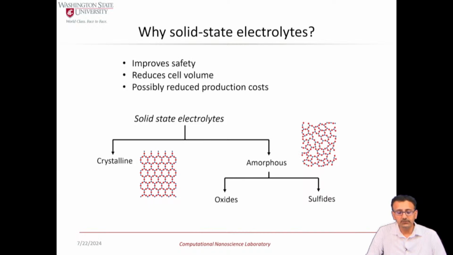So there are two types of solid state electrolytes in general, obviously. One is crystalline, examples of which are LLZO, which is lithium lanthanum zirconium oxide, or LISICON, NASICON. There are quite a few of these electrolytes, including garnet based materials such as LLZO, that are being explored. But even for these materials, typically the ionic conductivity is a couple of orders of magnitude lower than the